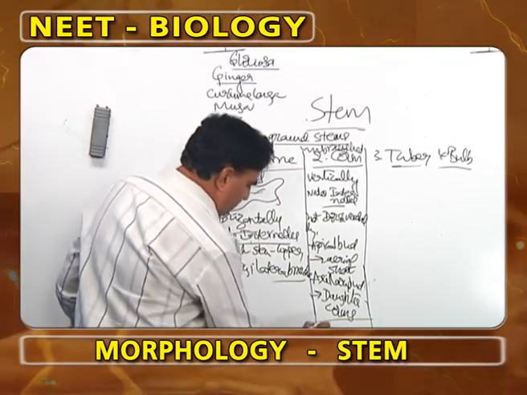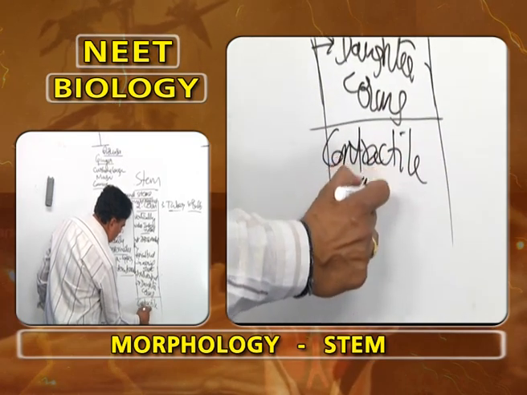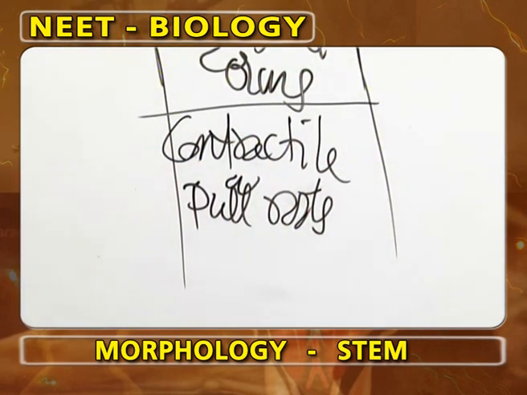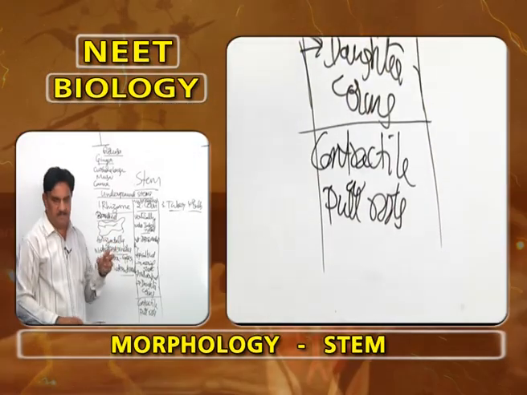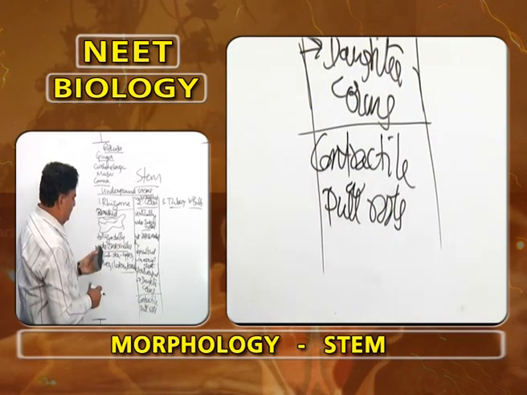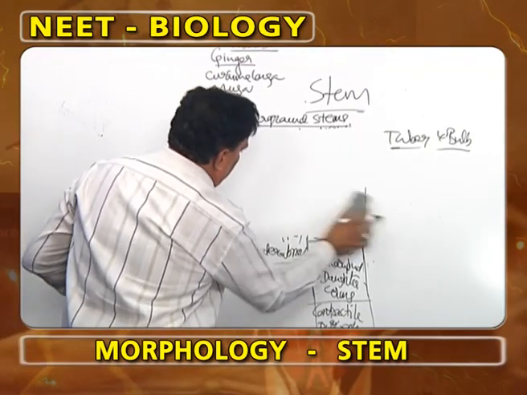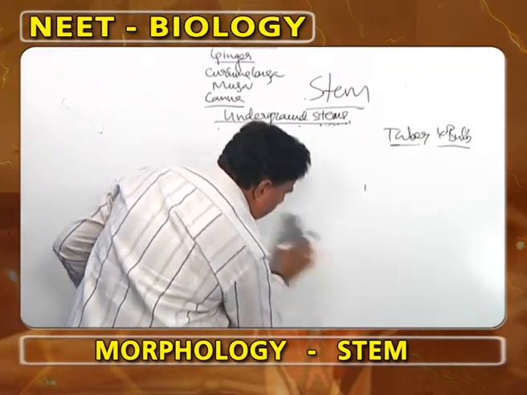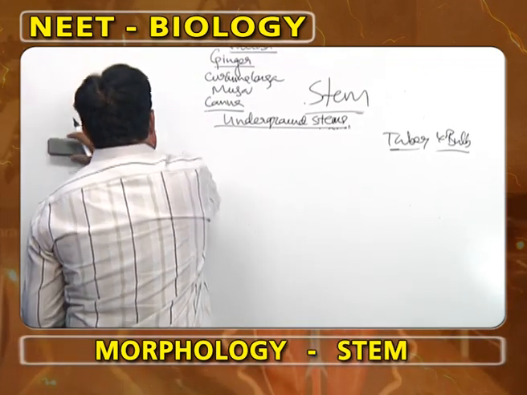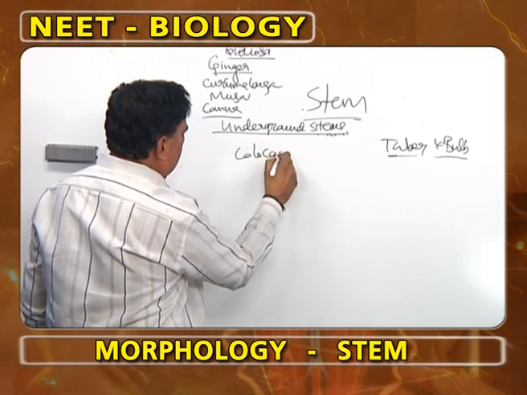Another important feature is culms are placed at a particular depth in the soil with the help of specially modified adventitious roots called contractile roots or pull roots. Contractile roots or pull roots are found only in culms, and culms are placed at a particular depth in the soil. The examples of culms are Colocasia,